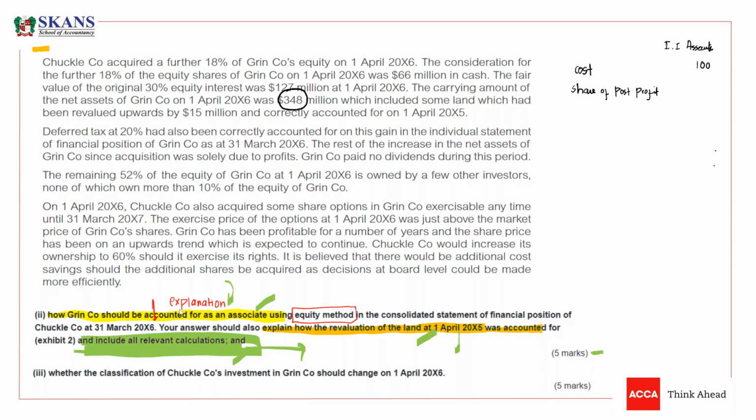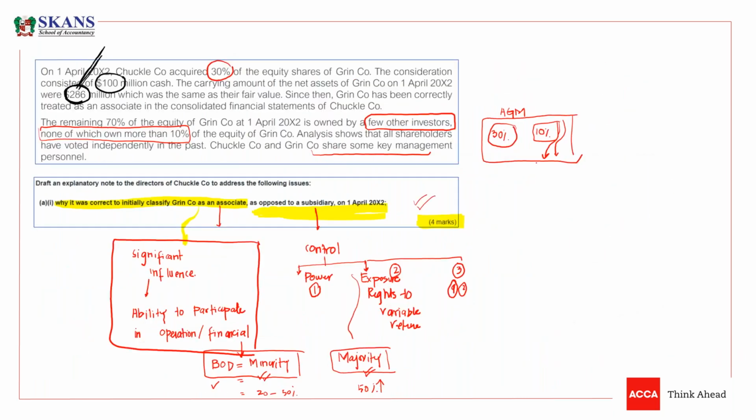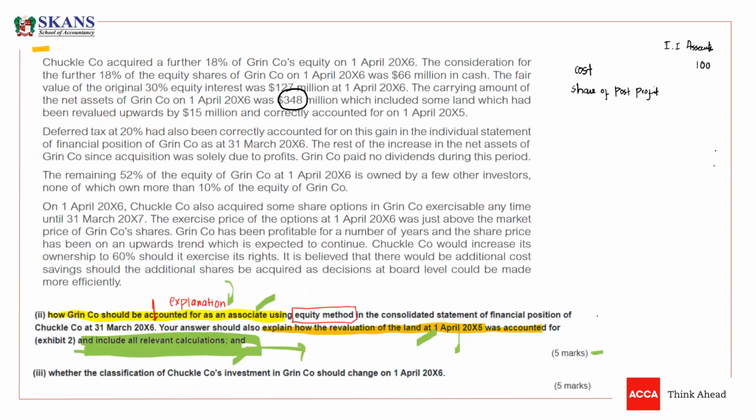Okay, it is 286, guys. Now what we need to do is, it has an item, revaluation gain, revaluation upward